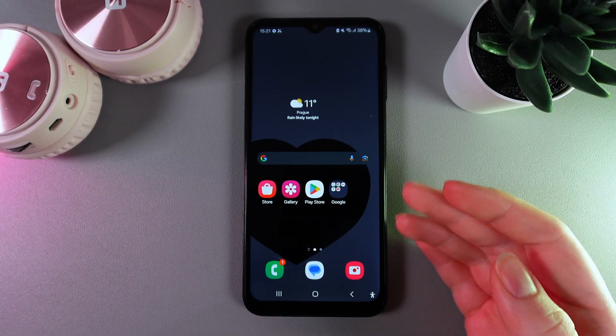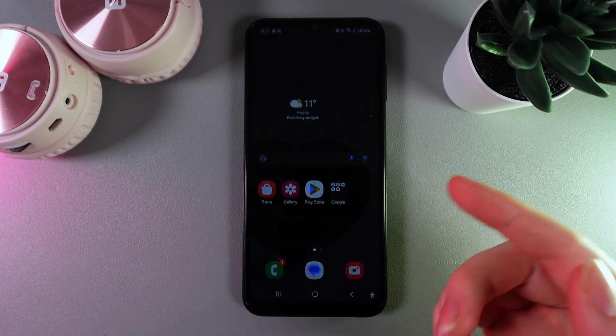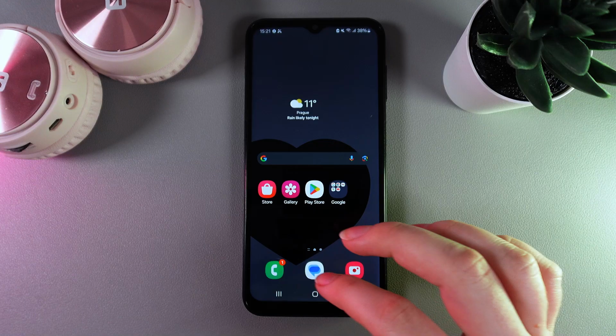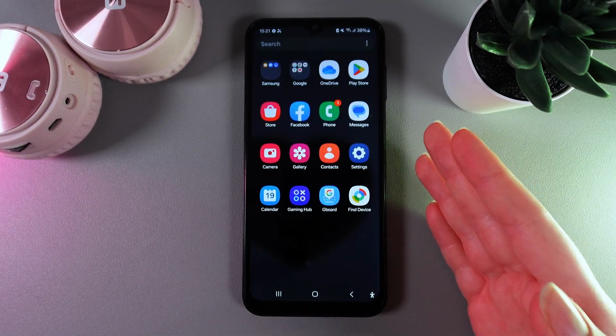Hi, wanna know how to set custom notification sound on your Samsung Galaxy A14? So, as a first step, you would need to download the custom sound that you would like to set as